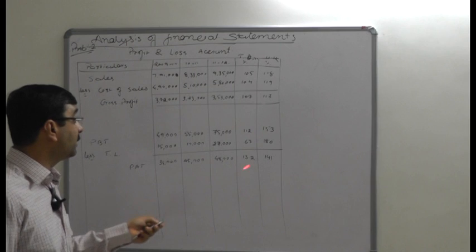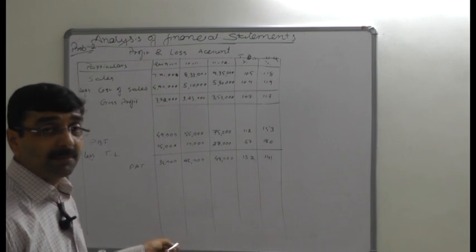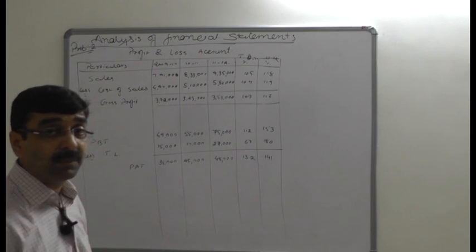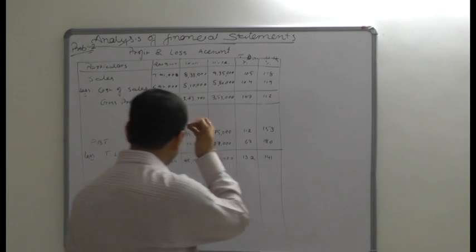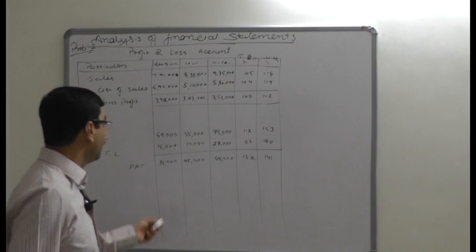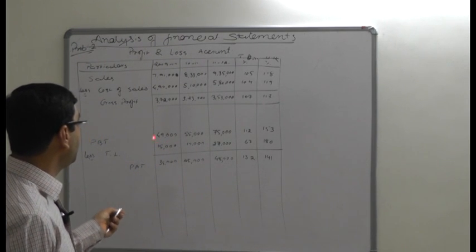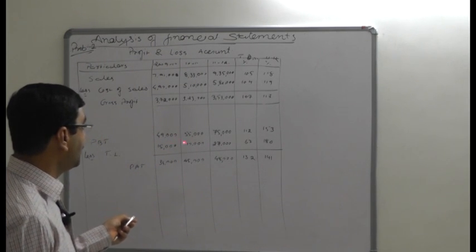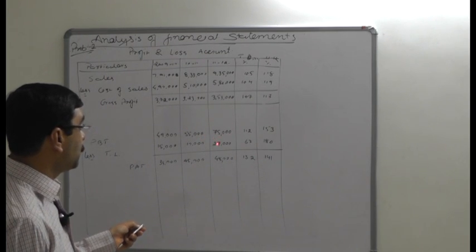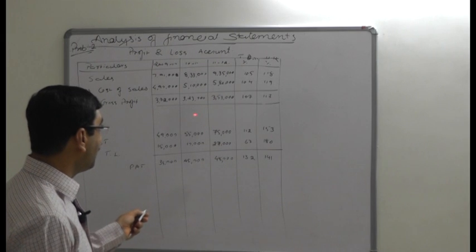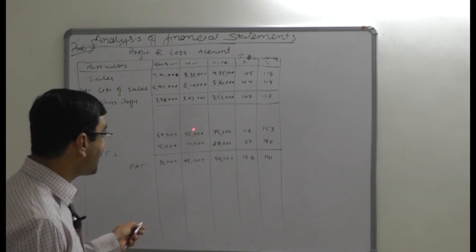Another example was taken from the same data, that is related to profit before tax, then the tax liability is deducted from it and then the profit after tax is identified. Now see here the base year PBT is 49,000, then it goes to 55,000 and then the next year is 75,000. So somewhere there might be control of operational expenses